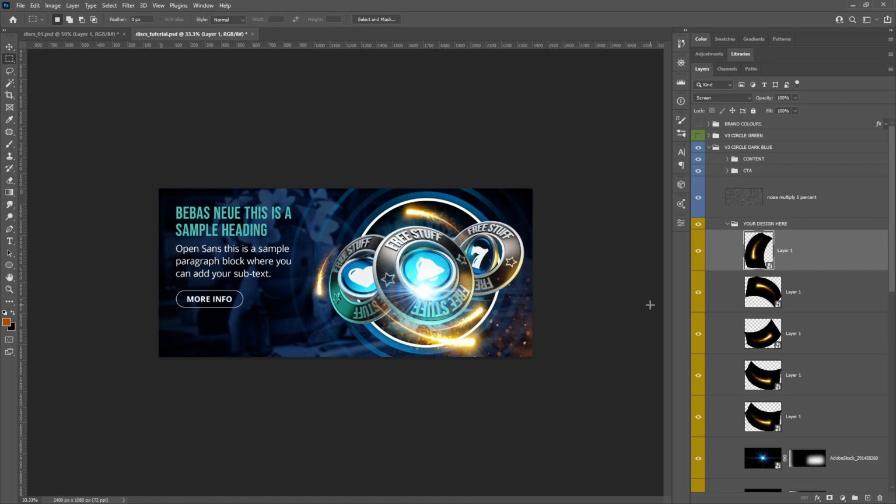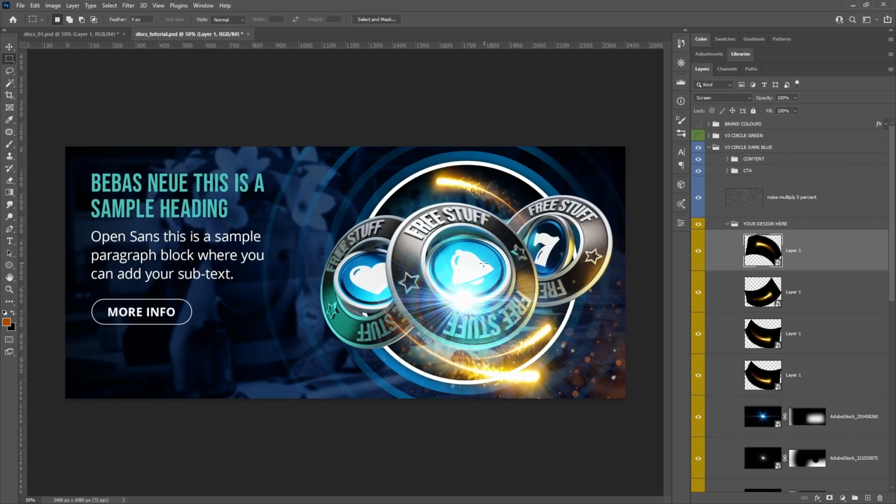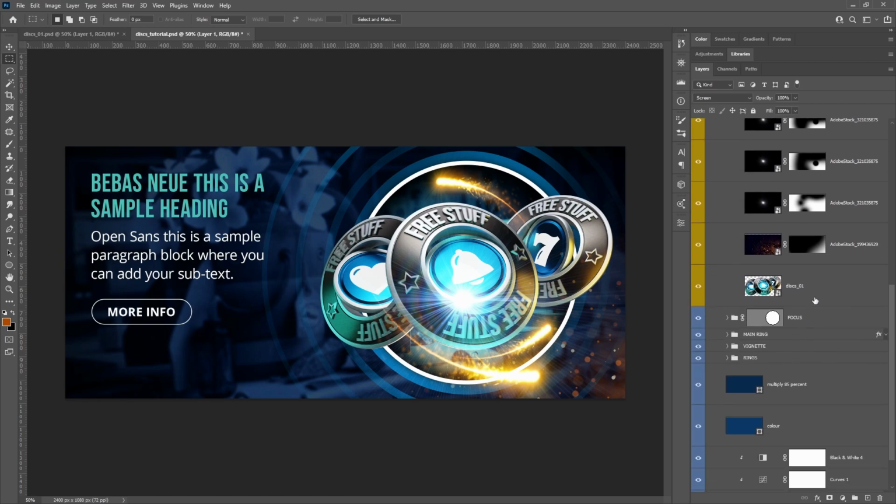As I mentioned earlier, you need to be careful you don't go too far and flood the design with too many effects, because at the end you kind of lose the main focus really. So I'm going to remove that for now. One thing I will do actually is with these discs, I'm going to go back to this for a second, and I'm going to add